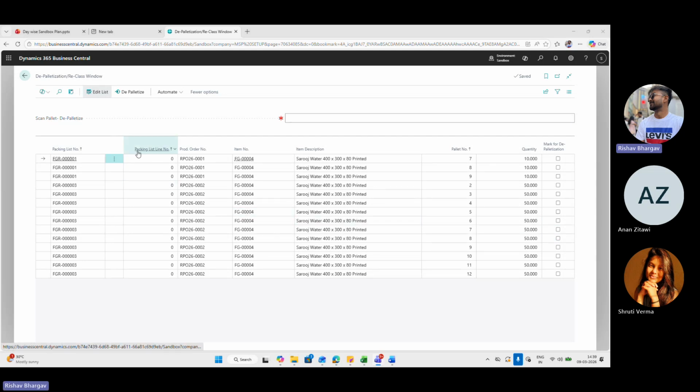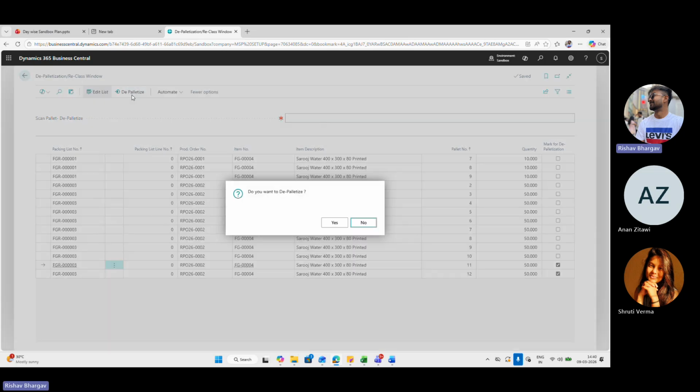The packing list number, the packing list line number, packing order number, item description, pallet number, and quantity in each pallet. If you want to mark a particular line for depalletization, like I want these two lines to be depalletized, we select the depalletize option in the action button.